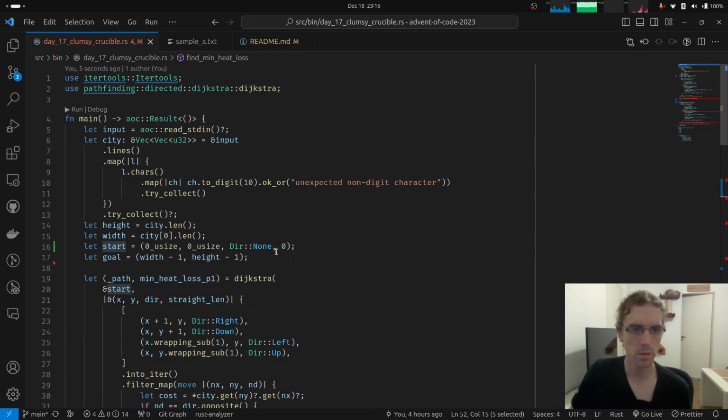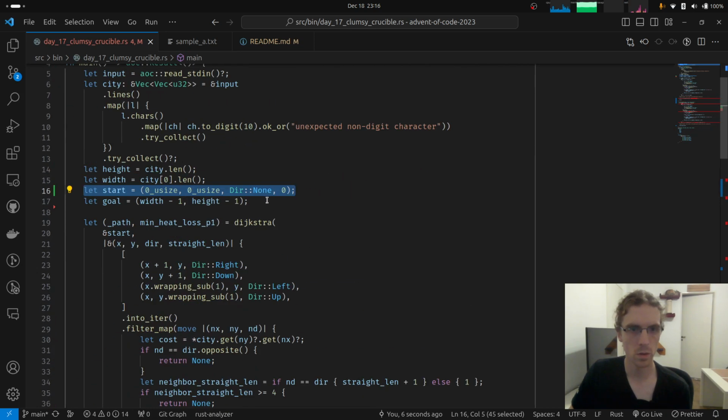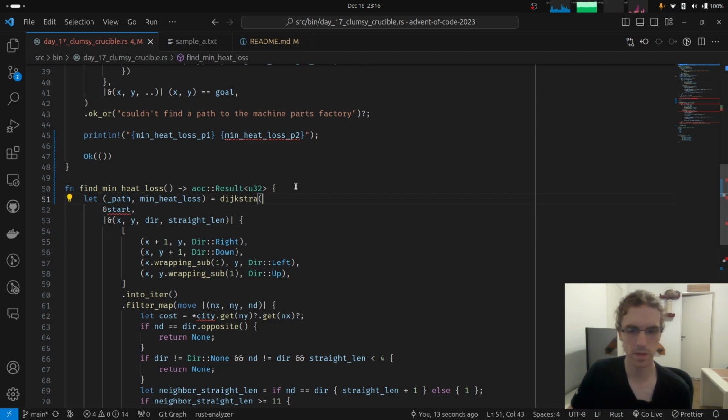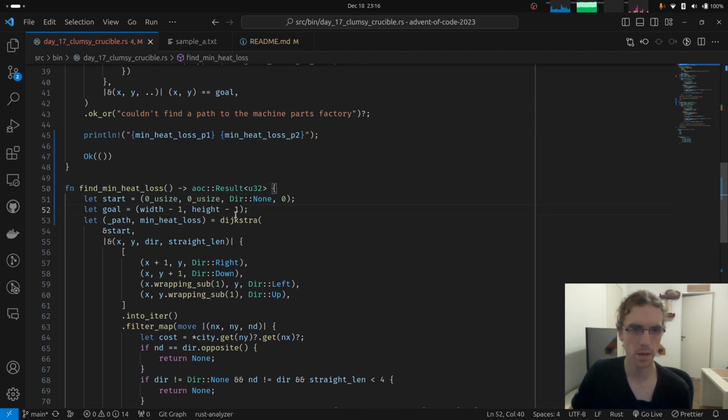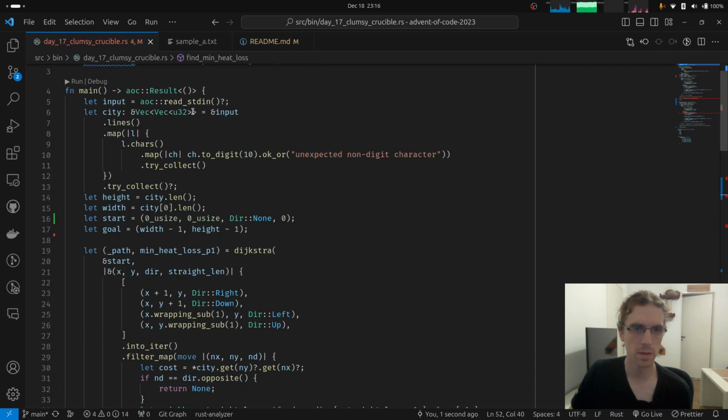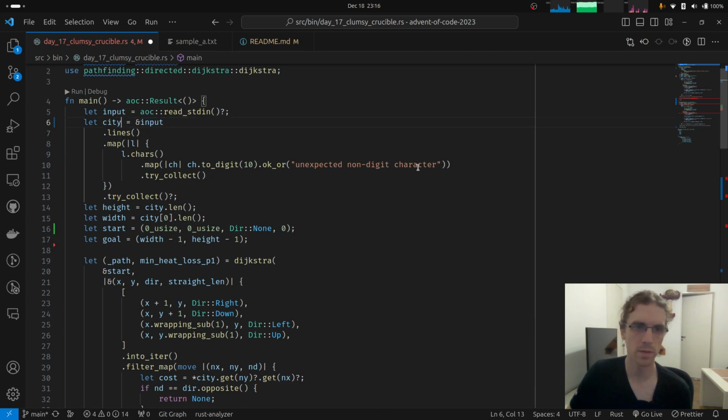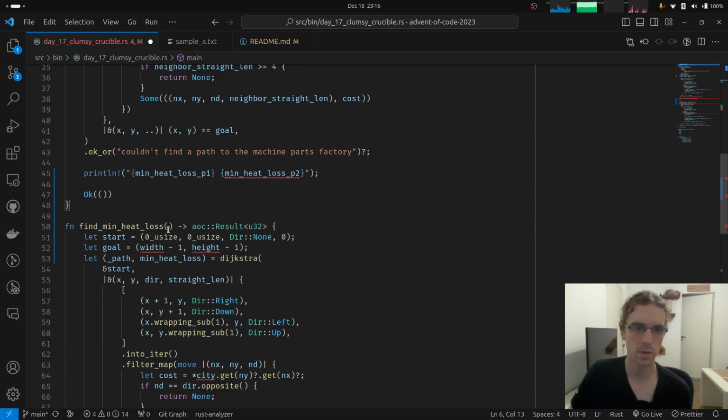The start node we also need to have there, and the goal should also be there. So let's copy these two things. I'm surely going to receive the grid, so let's copy this. And actually, if I'm going to receive the grid, this probably can be inferred. The grid is called the city.